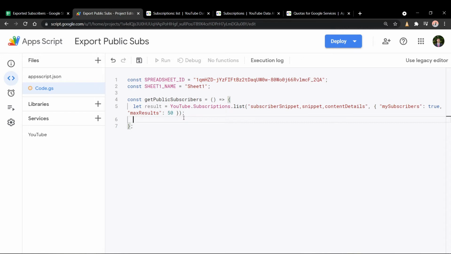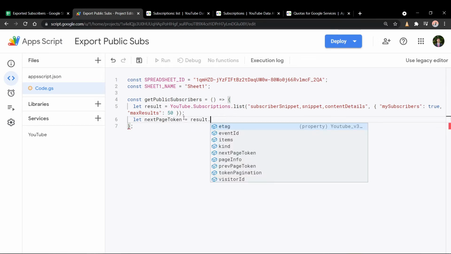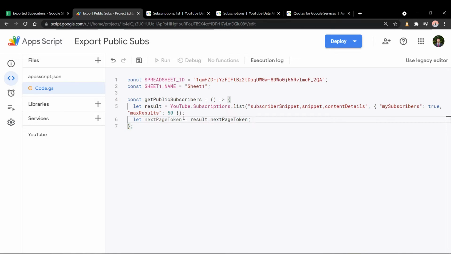And the first thing we want to parse is, of course, the next page token. So I'm going to create a new variable, and I'm just going to call this nextPageToken. And I'm going to extract it by doing results.nextPageToken. Awesome. So here comes the pagination part, and essentially what we're going to do is we're going to create